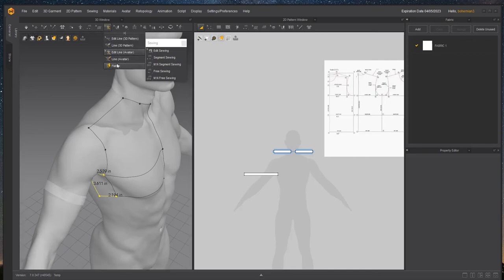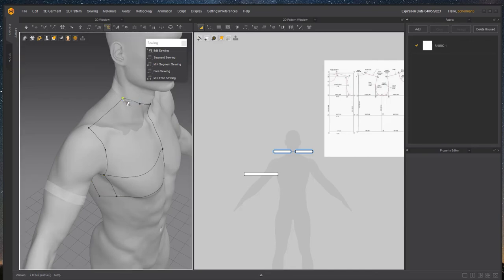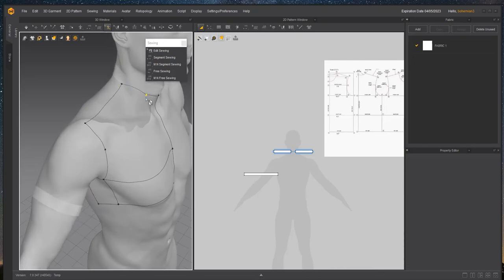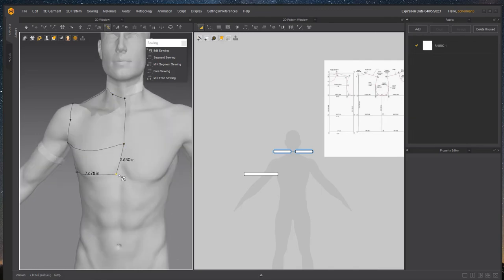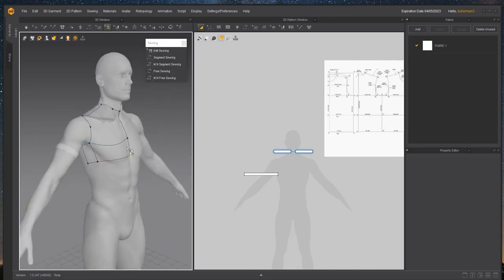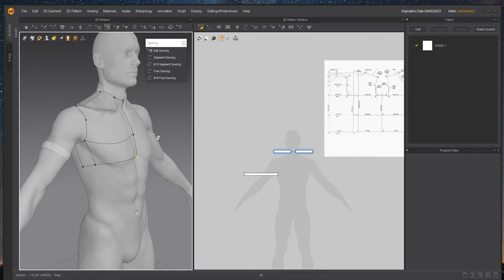We're going to edit the line. This point here I want to move over a little. And just tweak. It's kind of like a cage on his chest. Then we're ready